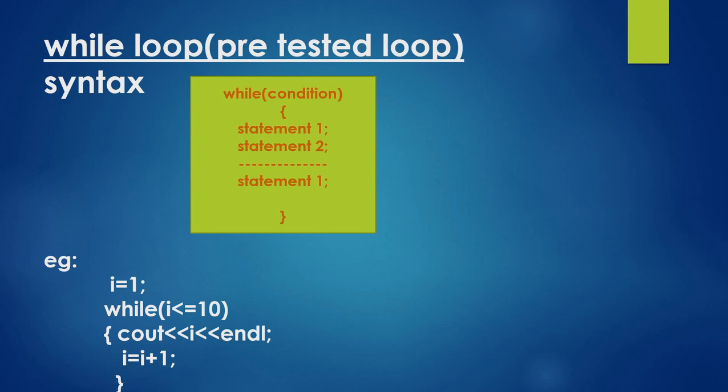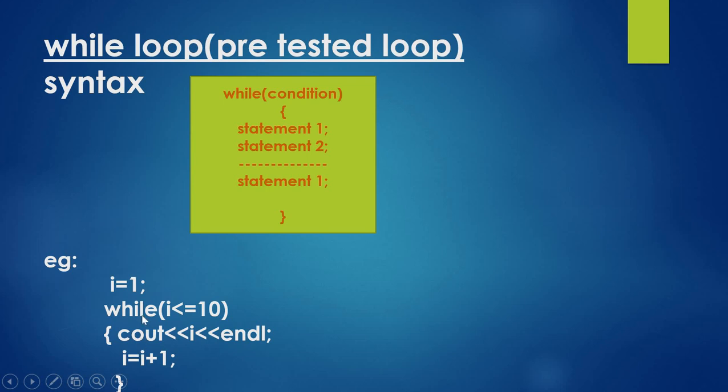The first one is the while loop. While loop is also known as a pre-tested loop, because in this loop we are checking the condition at the beginning. The syntax for the while loop is: while (condition) { statement 1, statement 2, etc. }. For example, i = 1; while (i <= 10) { print i; i = i + 1; }